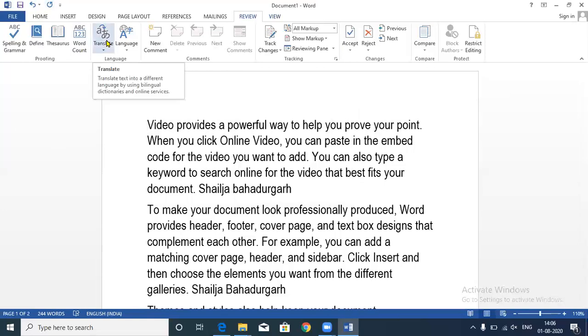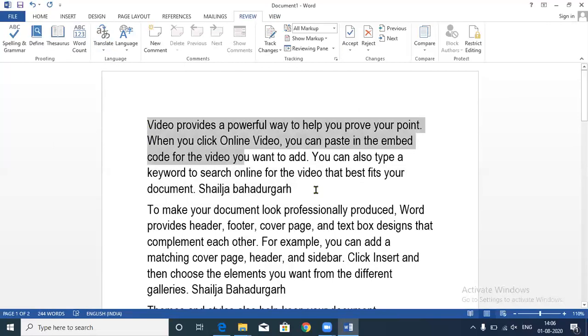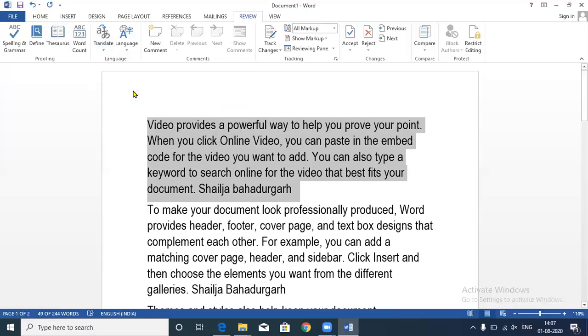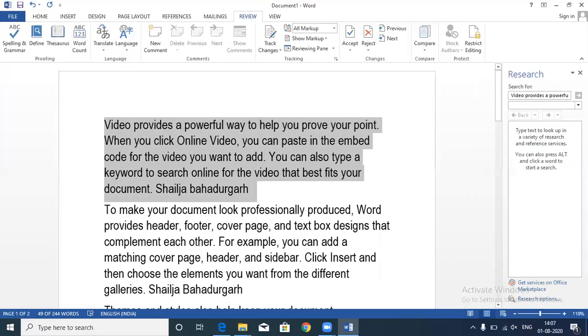Now we have an option available with us as translate. For example, you wanted to translate this paragraph into another language. So you can use this option. Okay, you can click on the translate option. Then you can click here, translate the selected text. When you click here, it will show you the language options which are available on your computer system, or if internet is working properly, then this option will work properly on your computer system. Okay, give me a moment, it is taking some time.